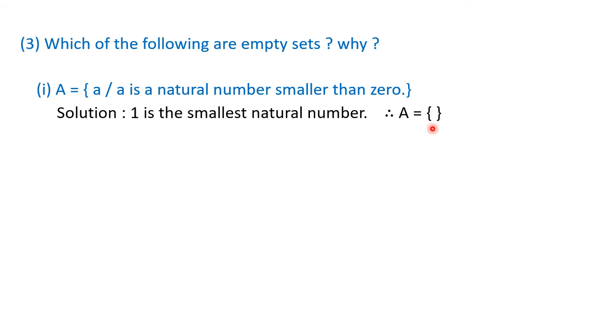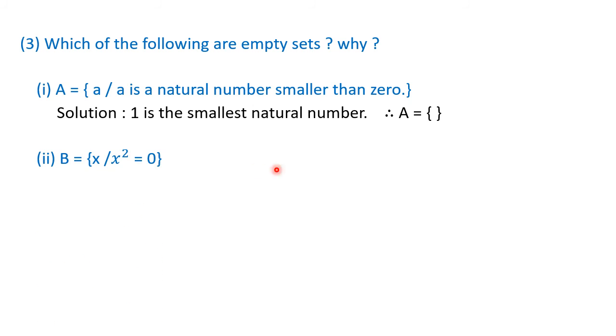Either you can write down these empty brace brackets, or you can write down the symbol phi. You know, you have to write down O, small o, and on that you have to write down the line.